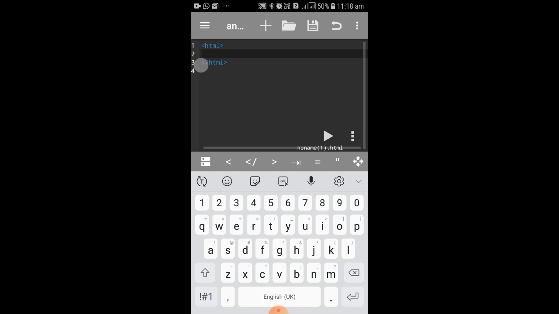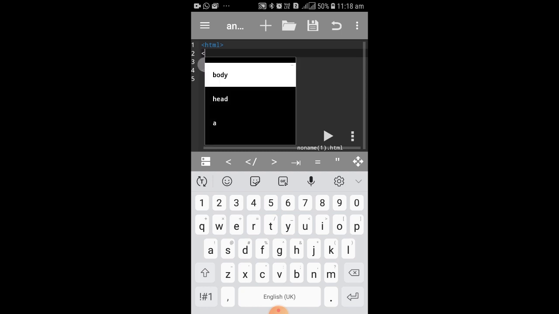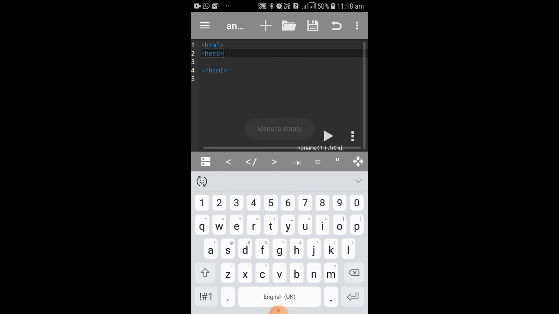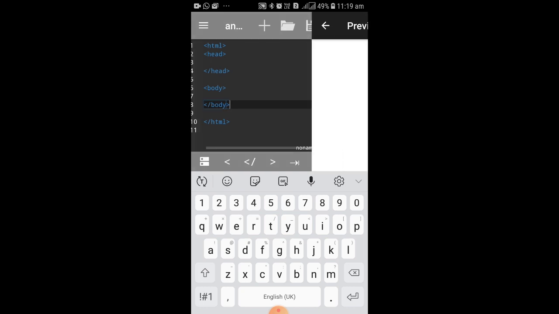After that, inside HTML, so this is the HTML part, the whole screen. Inside HTML we have two sections. The first part is known as head. After that, close head. After that, open body. Sorry, below head we have body, and then close body. It's very simple. The gray part is known as head, and the white section, the bigger section, the main important section where we see everything, where we design, is known as the body of the HTML